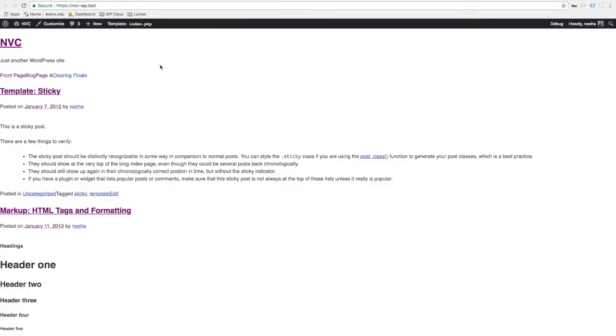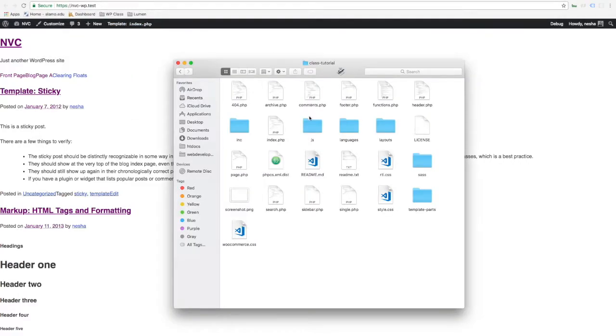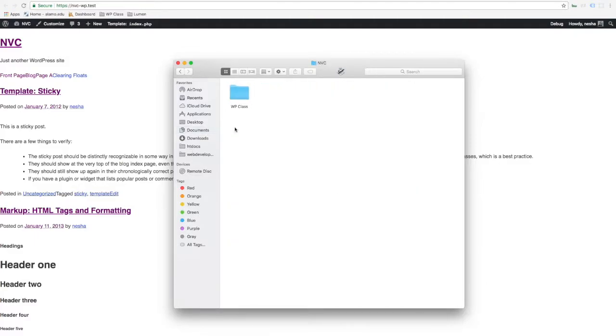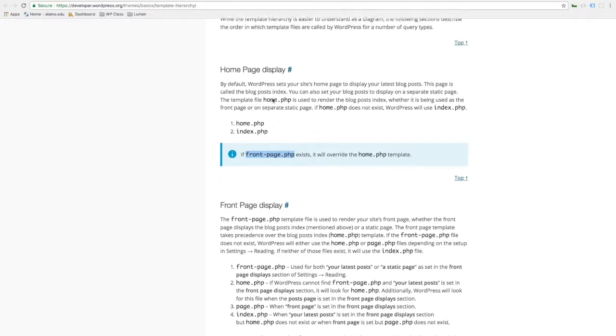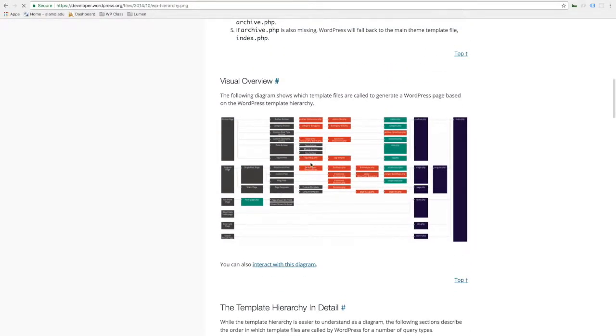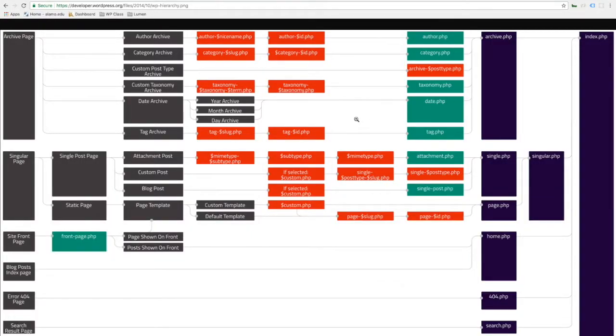So we go back to the front page. I want to find really quick one image to show you. I hope I saved it there somewhere. No, I didn't. We can use the one from here. So WordPress is doing a bunch of logic to know what file to open and what to do. So it starts from